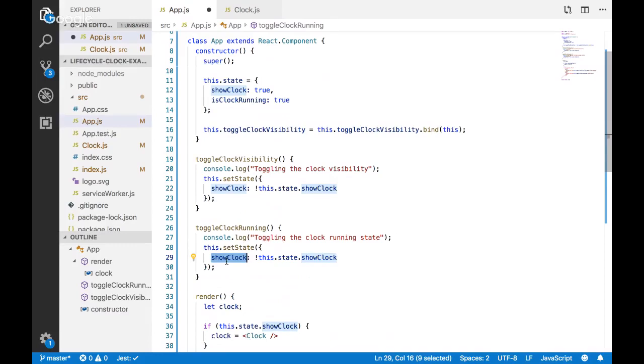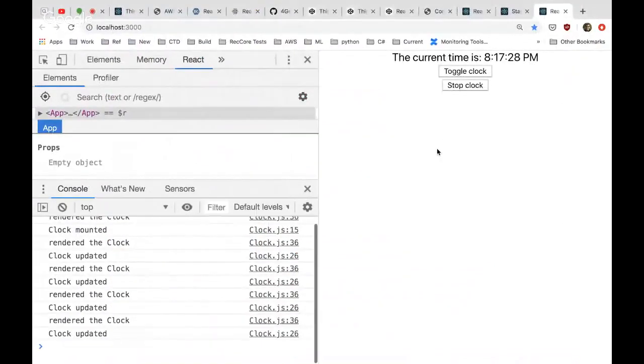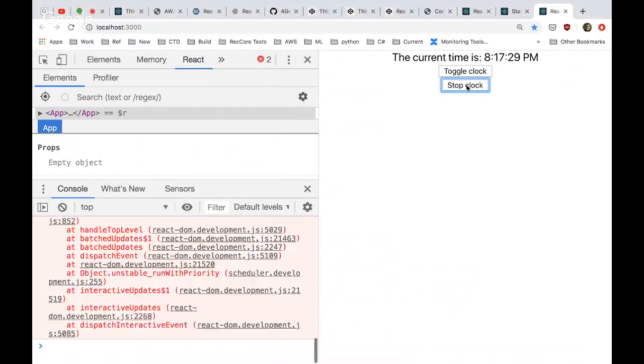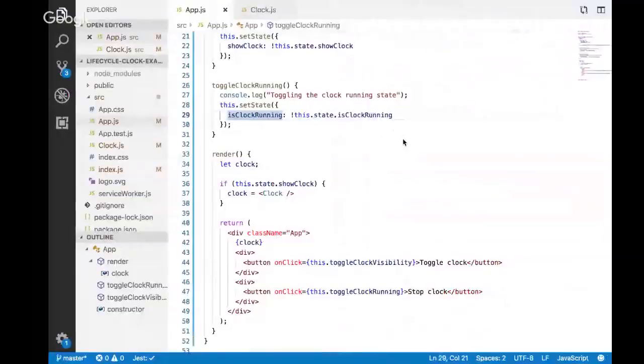But we're going to change that based off this button being clicked. I'll just call it stop right now. So let's see. All right, we've got another button here, which is cool. Oh, cannot read setState of undefined.